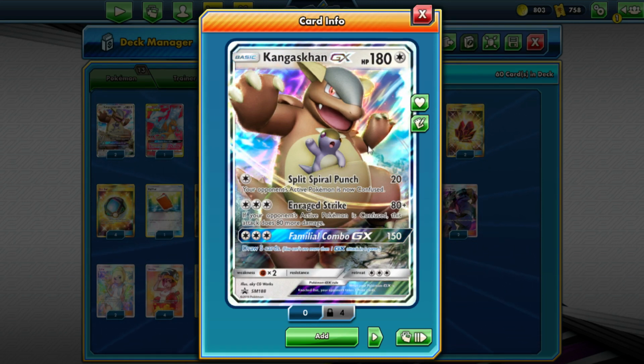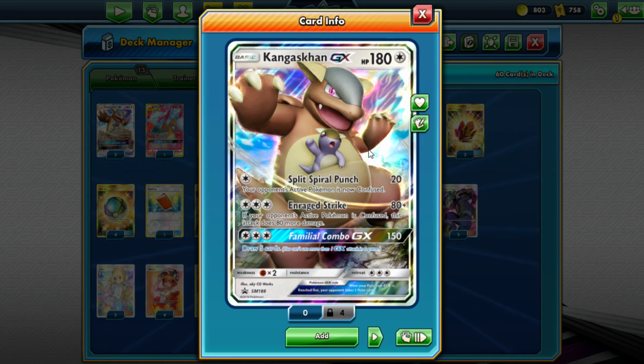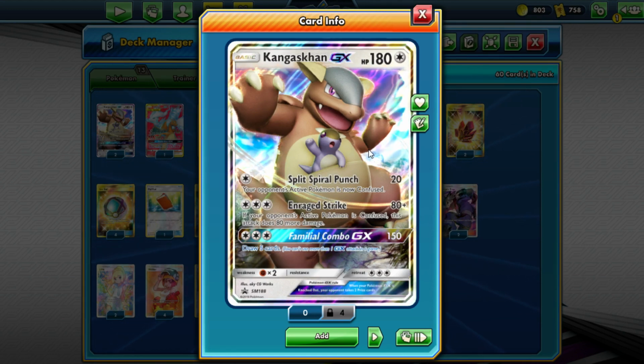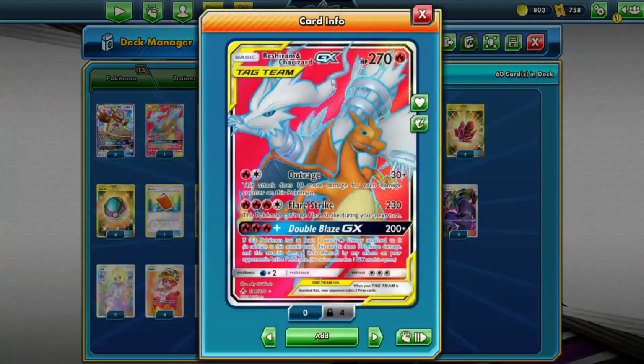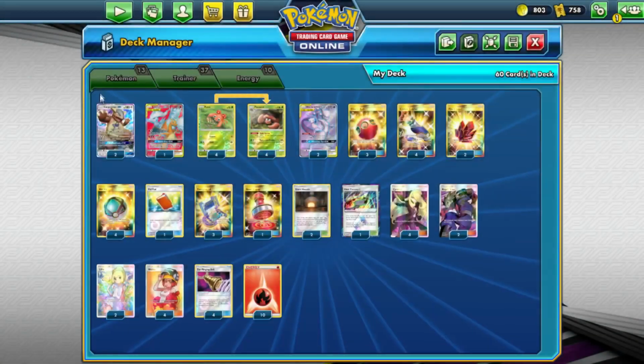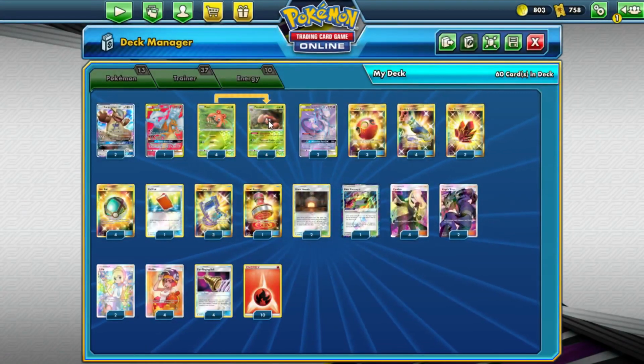And it has Enraged Strike 80, and if your opponent's active Pokemon is confused, the attack does 80 more damage, so 160. And then it has Familia Combo GX 150, draw 5 cards. The GX is, I guess, really our only GX we can use besides Reshiram and Charizard Double Ace GX. But the idea is to confuse your opponent, use Enraged Strike, do 160, and then you have cards